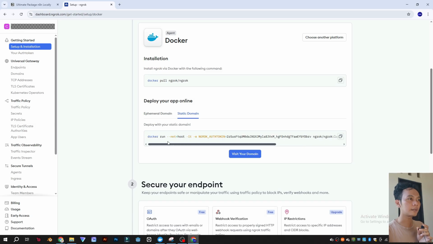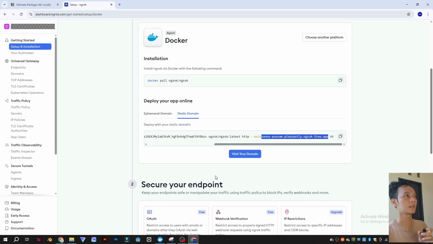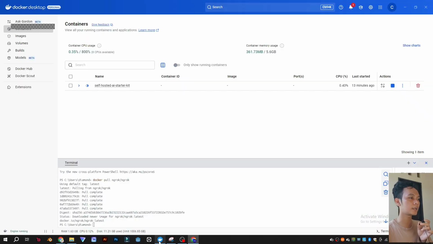After you claim it, we have a command here, so copy this command line. Don't forget to save this, because this is the domain we can visit after ngrok deploys to the internet. So go back, copy this, go back to Docker and paste.